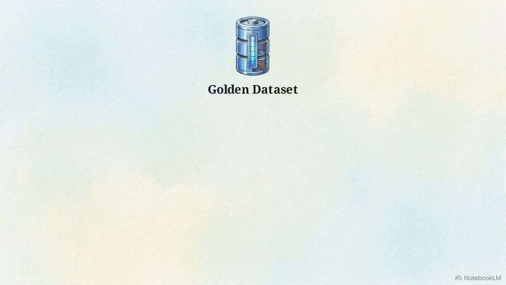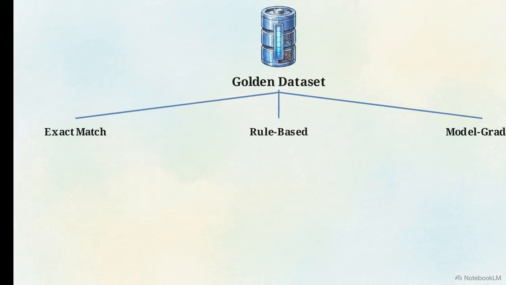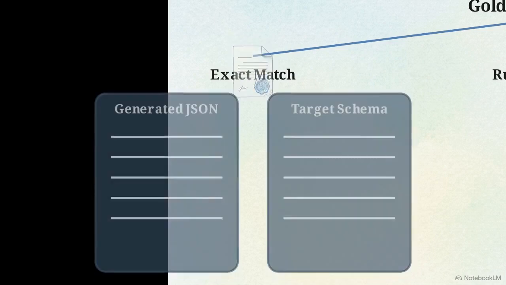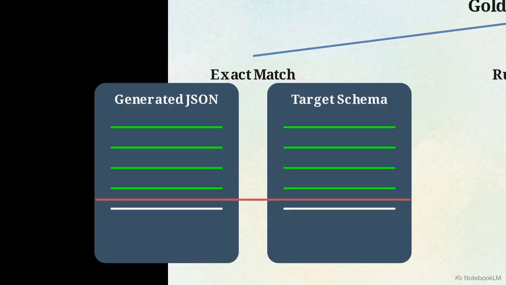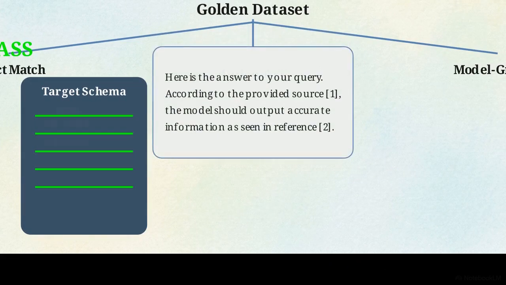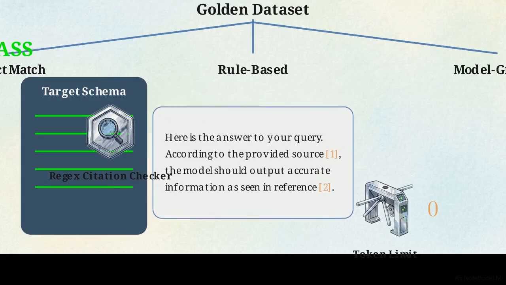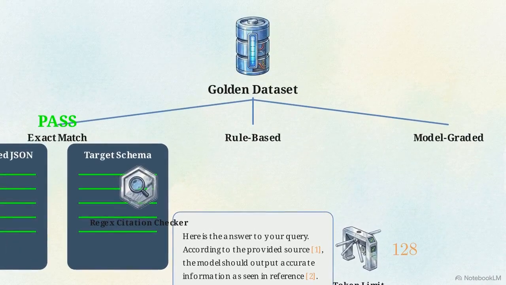Once the dataset is established, the outputs run through a logic layer consisting of 3-tiered automated grading architectures. You apply a specific grading method based on how much structure exists in the expected output. The first tier is exact match grading, which functions as a strict binary pass or fail evaluation. This is reserved for highly structured data, like verifying a specific SQL query or confirming the exact schema of a generated JSON object. The second tier relies on rule-based checks for the programmatic verification of unstructured text.